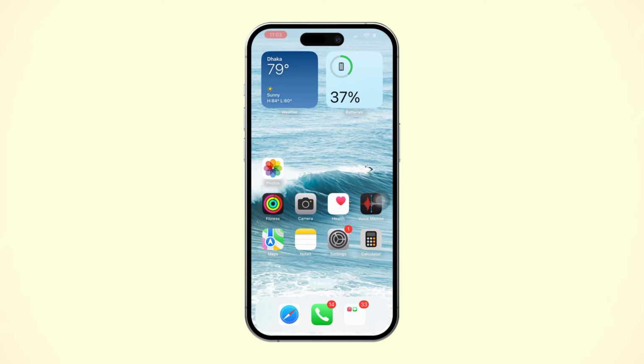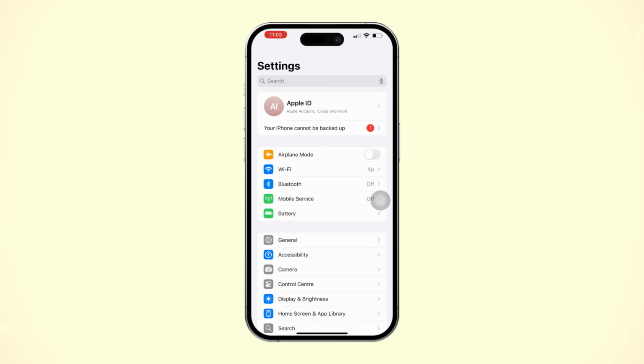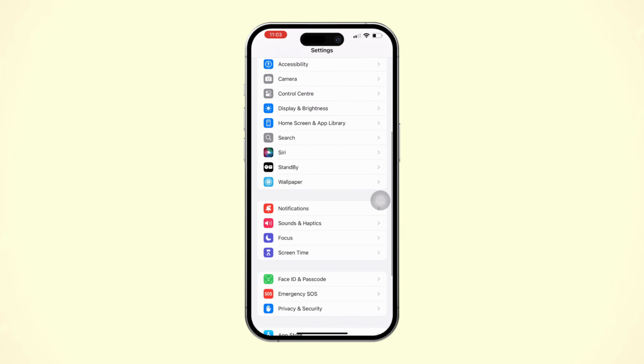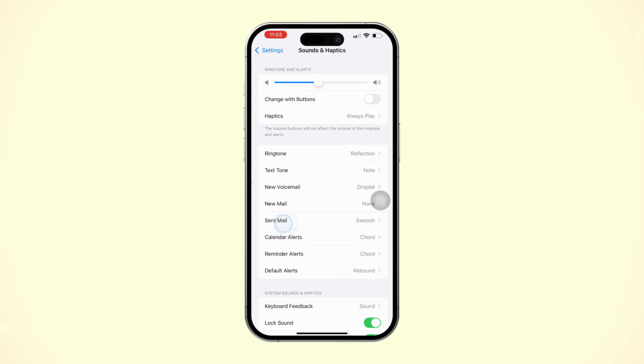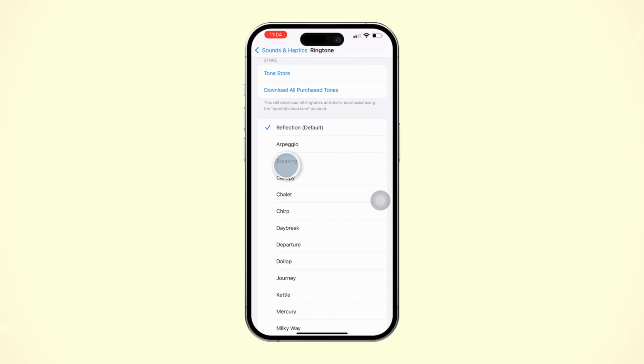Let's get started. First of all, open the Settings app on your iPhone. Then scroll down a little, find Sounds and Haptics, and then tap on it. Here, you'll find the ringtone feature. To change the ringtone, tap on it and you will be taken to this page. From here, tap on the ringtone you want to use as your incoming call ringtone, and it'll be set as